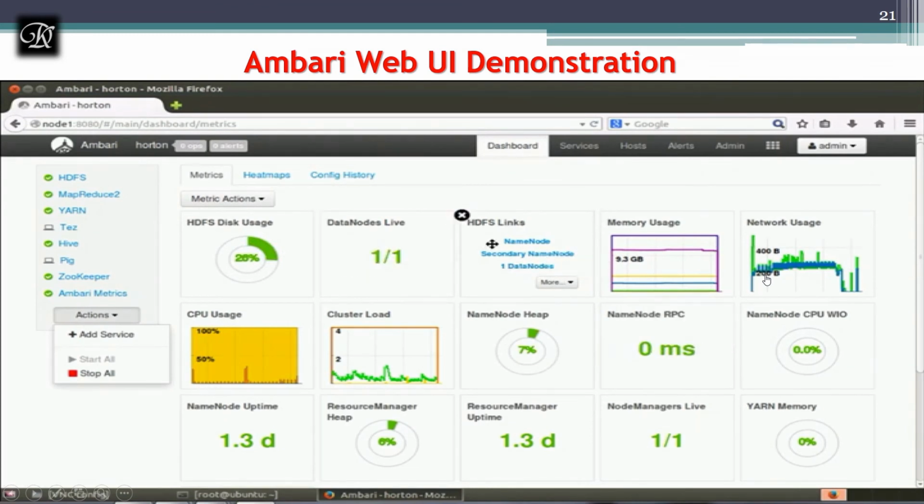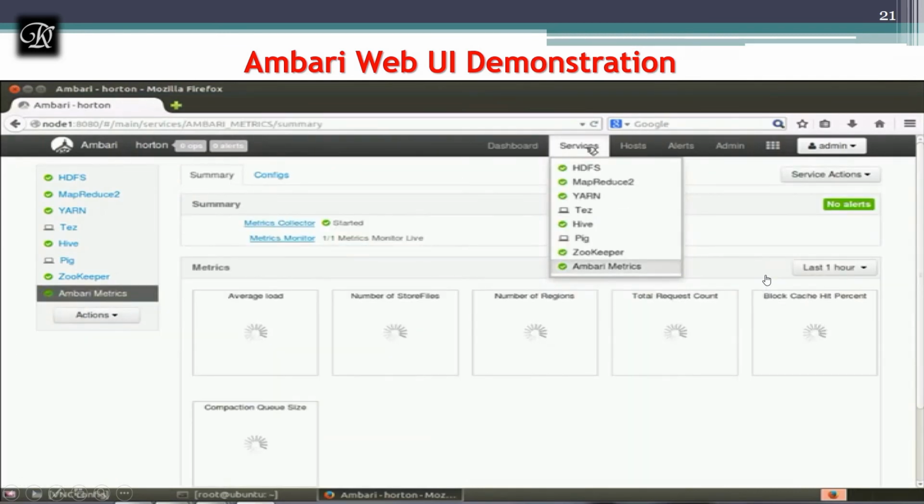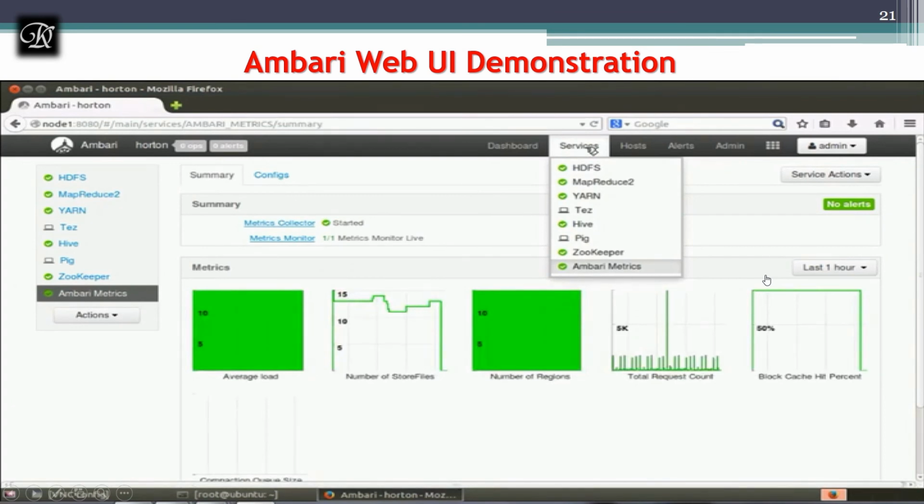You can check out the cross mark over there. It means we can remove it. You can also move it, and you can also enlarge it. Once I go on any of the dashboard icons, it shows the cross mark, which means you can add and remove the dashboard widgets over here. On the services, all the services you can see on the left side will be displayed, and the metrics of each are going to display over there.